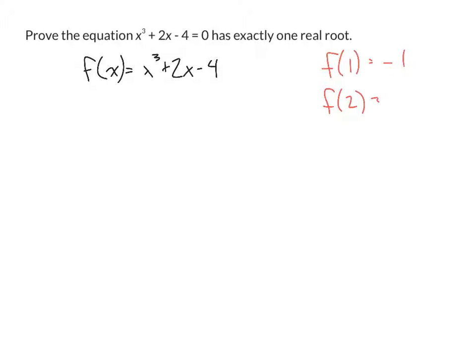So we can use Rolle's theorem to do such things as prove that the equation x cubed plus 2x minus 4 has exactly one root. And what I'm going to do is first focus on f of x equals x cubed plus 2x minus 4. If I were to plug in f of 1, I'm going to come up with negative 1. And if we plug in 2 for x, we come up with 8 plus 4 minus 4, which is 8. And so by the intermediate value theorem,